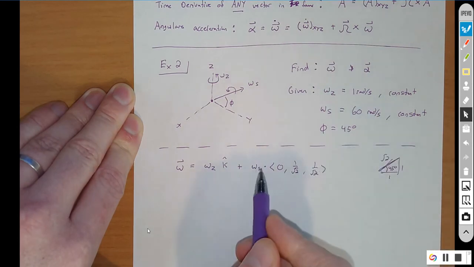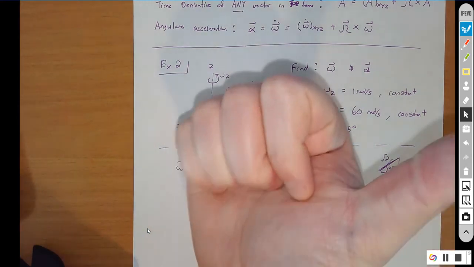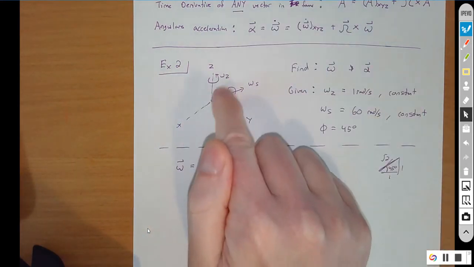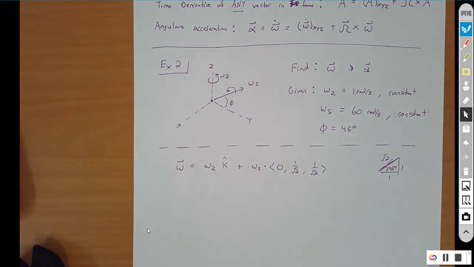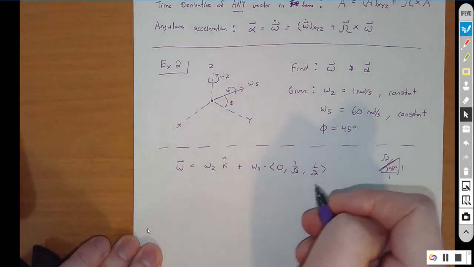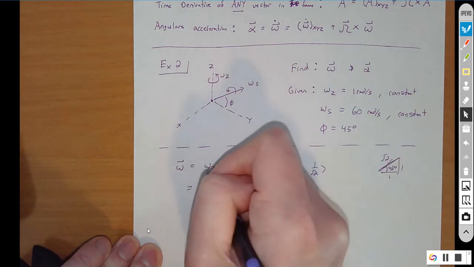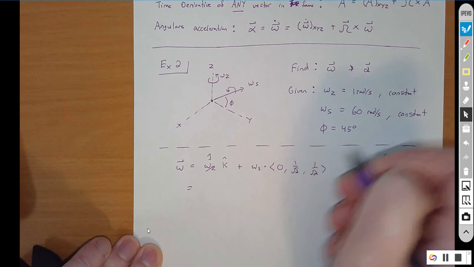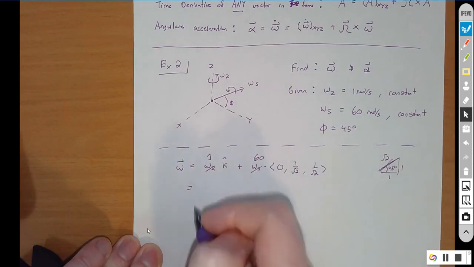And I'm going to double check that this is positive. So again, point your thumb in the positive direction of omega s. See if your fingers rotate the same direction as indicated. If they do, then it is positive in the s direction. So we're good there. Now we just clean this up. Omega z is 1. Omega s is 60. So I will get